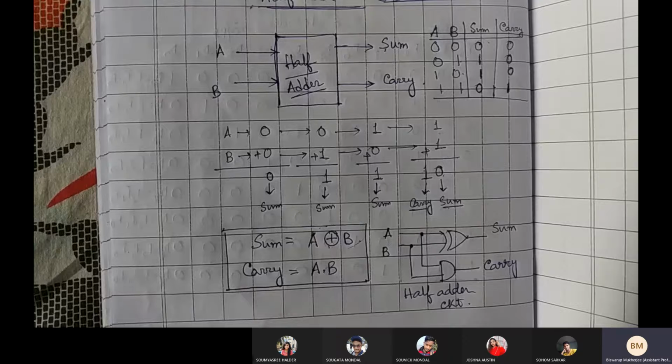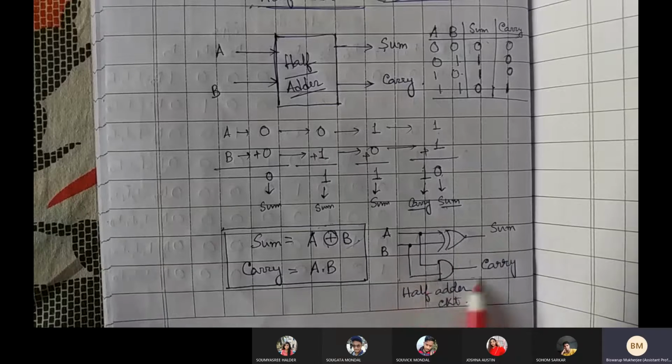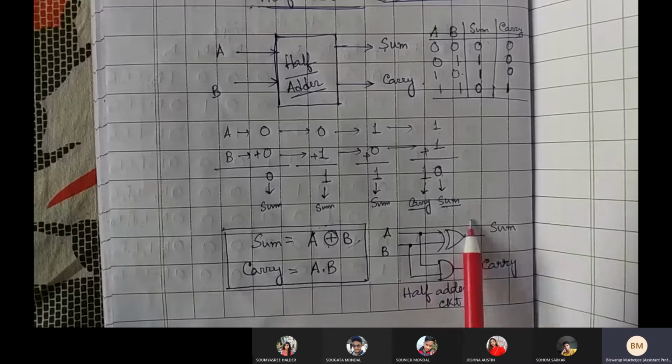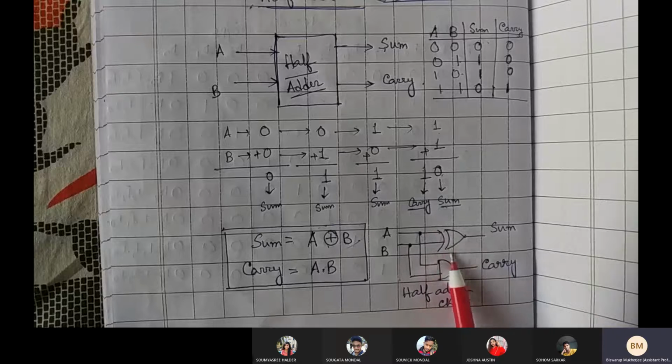This is one of the main reasons that till today we are trying to make adder circuits in various formats. But still research is going on, how to get a more simple adder circuit. It looks very simple: one XOR gate and one AND gate. But this XOR gate consists of more internal transistorized circuit compared to this AND gate. So this will be producing a little bit more delay compared to this one.